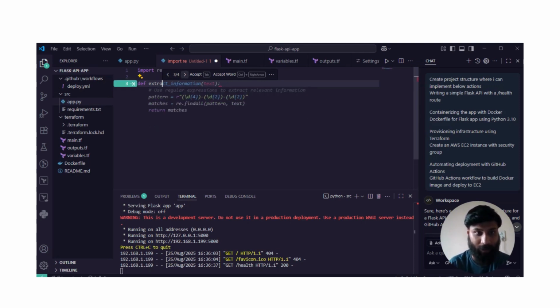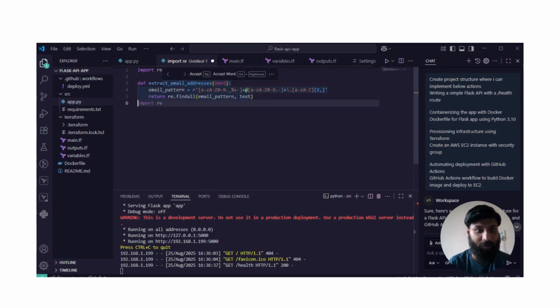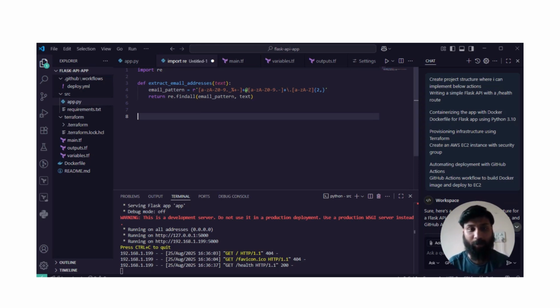So for example, here I'm just going to select, I need the email address text, which is the pattern, it should have this pattern. So I just click accept. So it gave me the code automatically. Okay, so it gave me the code. So here, I haven't done anything. I just gave what I need, and it auto suggests what needs to be done. So this is how